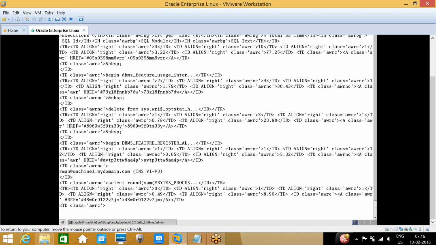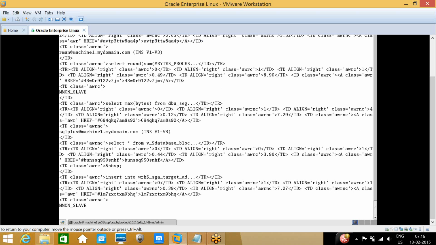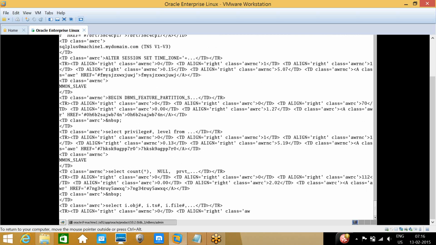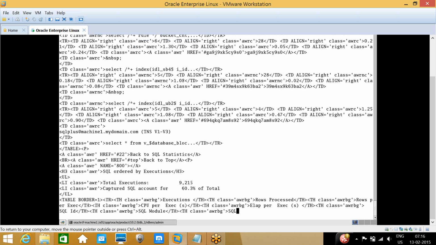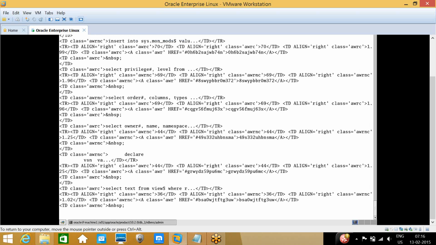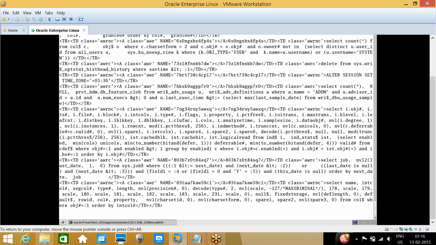For the last 5 days, the times at which the database ran are called snaps, just like a trace. For every 1 hour, it will generate one snap ID, and then it will maintain it in the system tablespace.